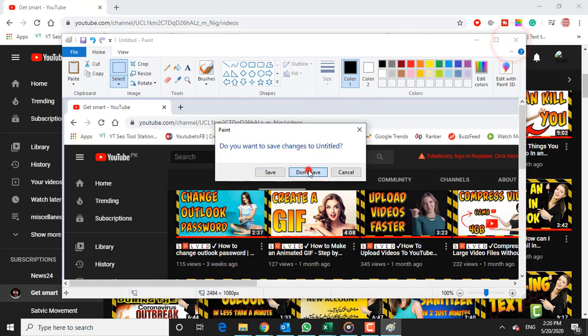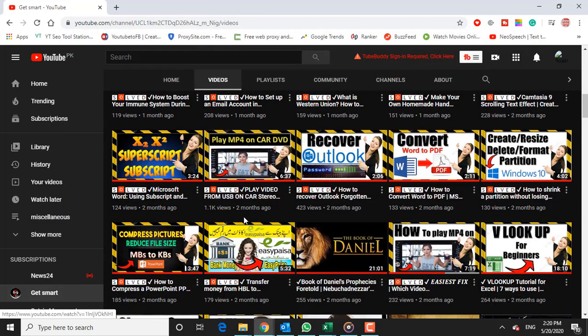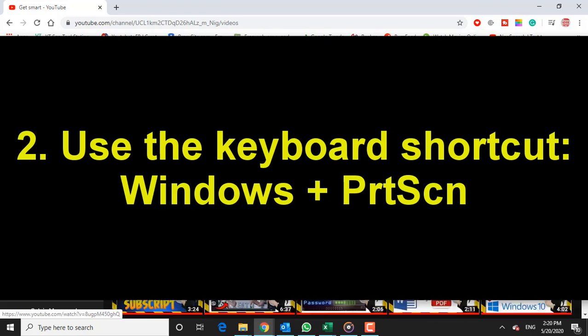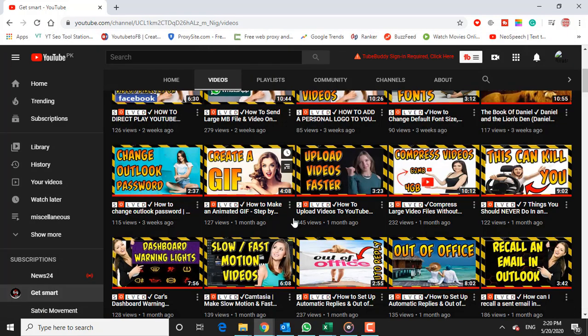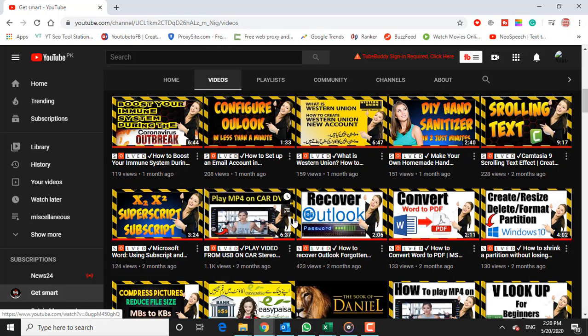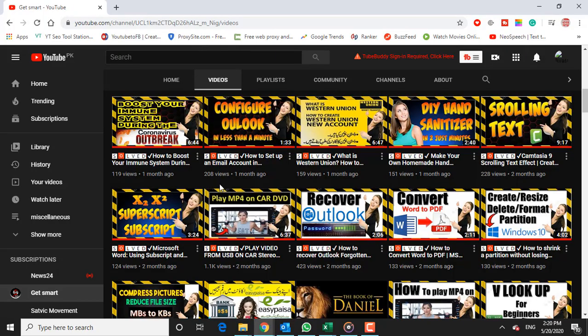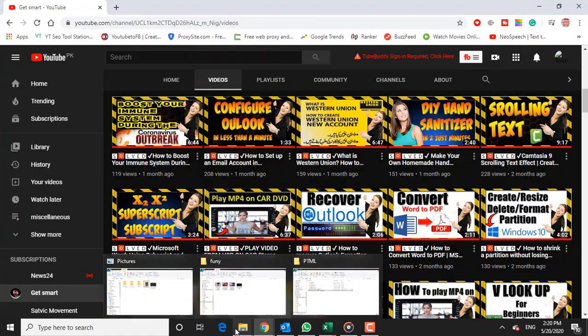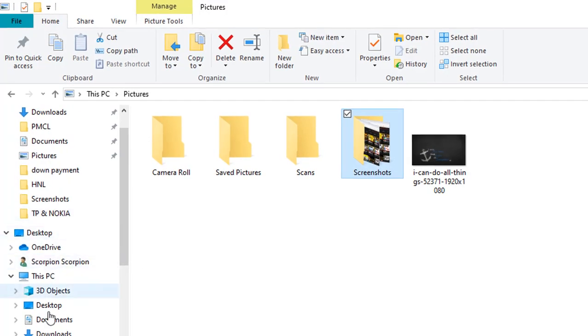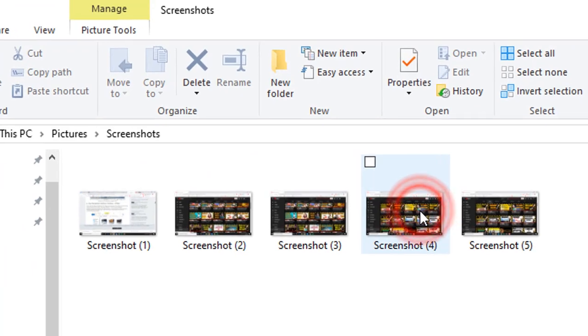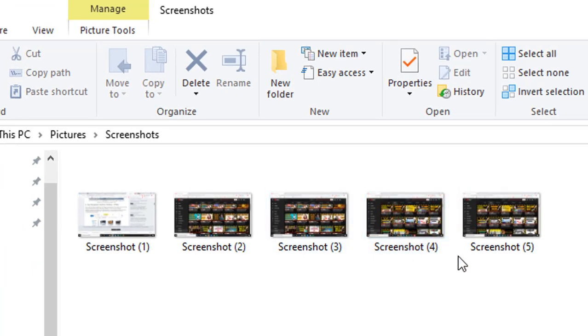2. Use the keyboard shortcut, Windows plus print screen. If you want to take a screenshot of the whole screen and save it as a file on the hard drive, without using any other tools, then press Windows plus print screen on your keyboard. Windows stores the screenshot in the Pictures library. In the Screenshots folder, the file is named Screenshot number PNG, where the number varies based on how many screenshots